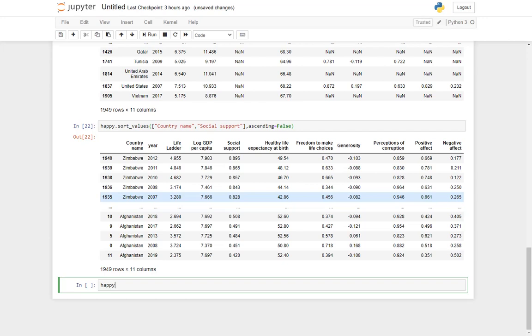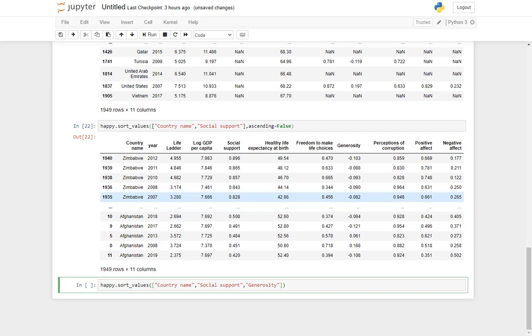Let's say the first one being country name, comma, then the next one I want is social support. I'm just selecting these columns because their names are of shorter length, no other reason. So now I want to sort the data set depending on 3 columns: country name, social support and generosity.